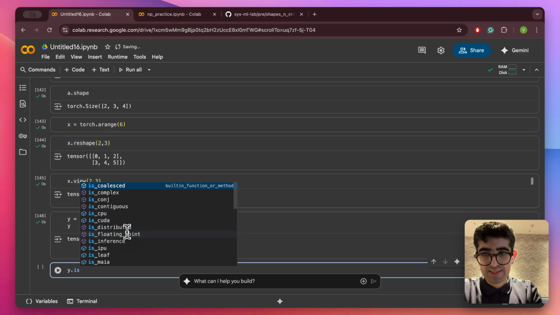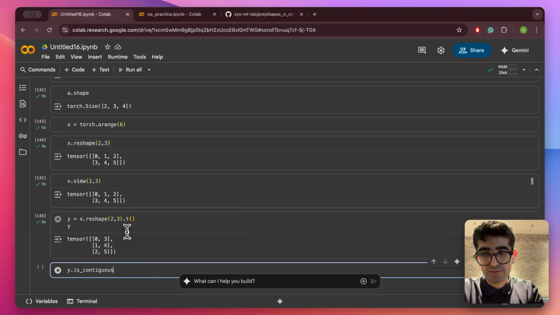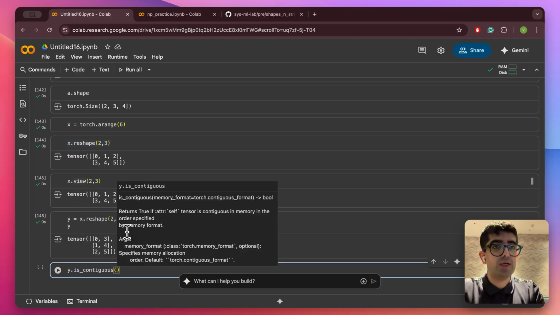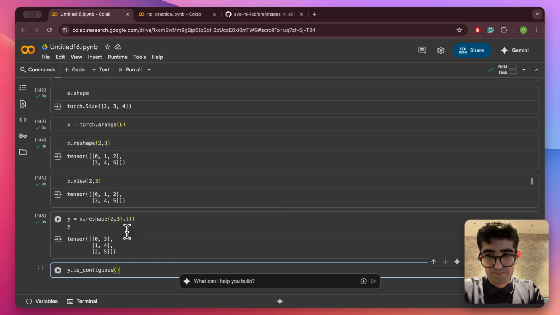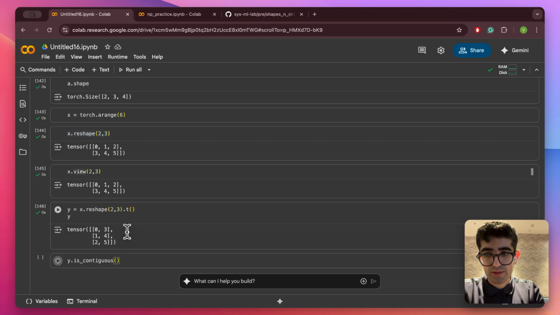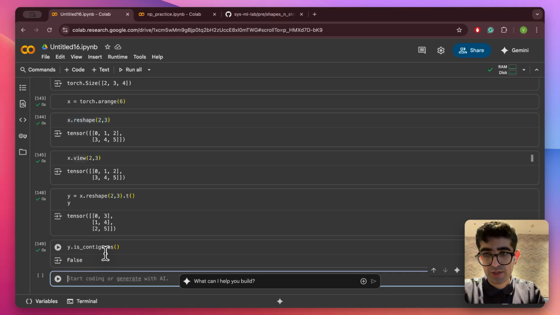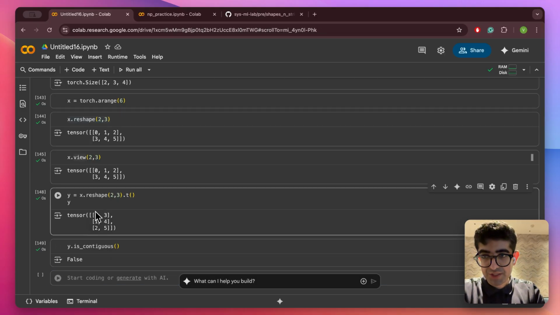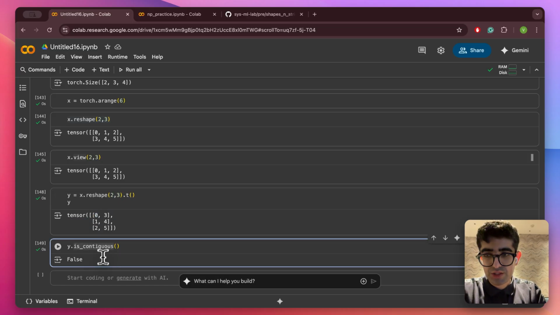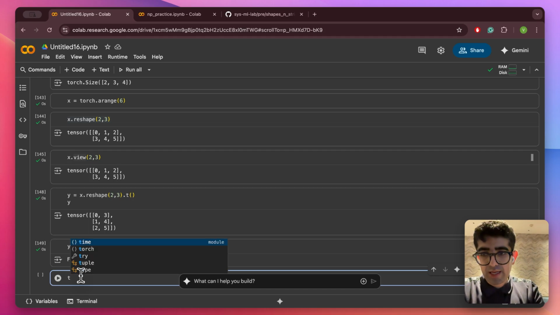And let's see if Y is contiguous. Well, it is not. Based on what we've discussed, you would know that it is not contiguous because this is not how the underlying memory is laid out in row major order. So since Y is not contiguous,